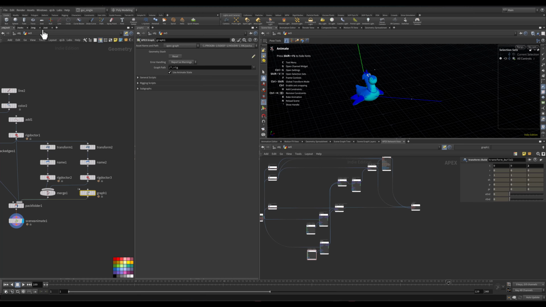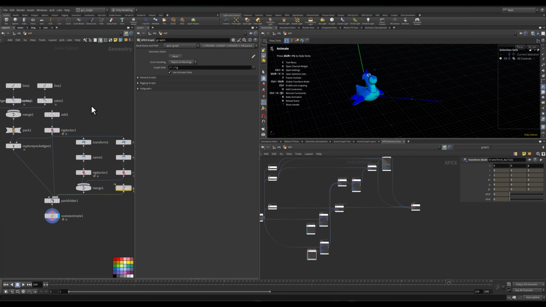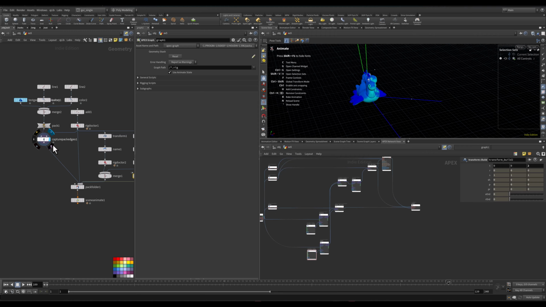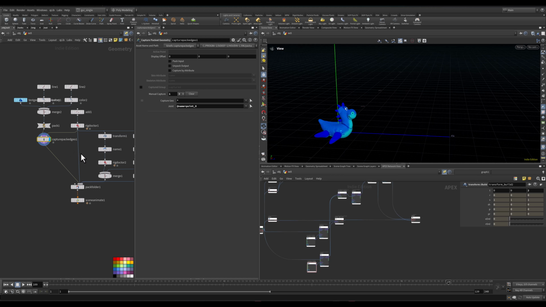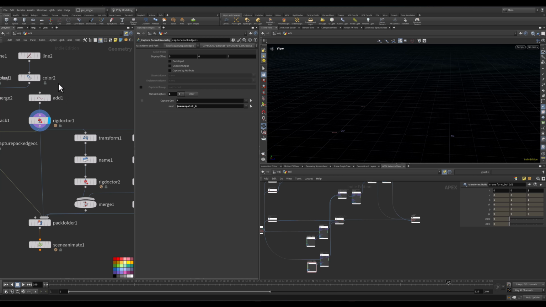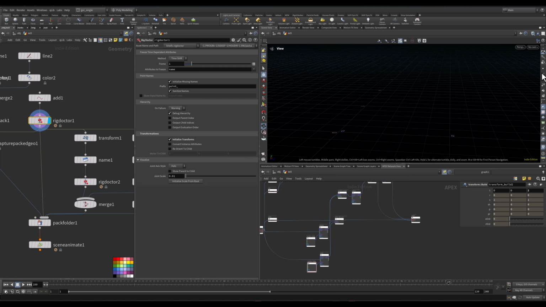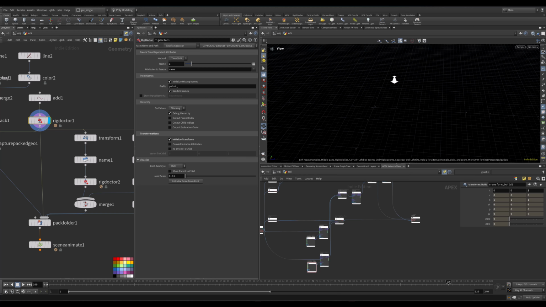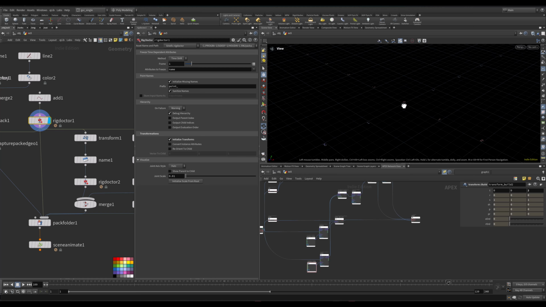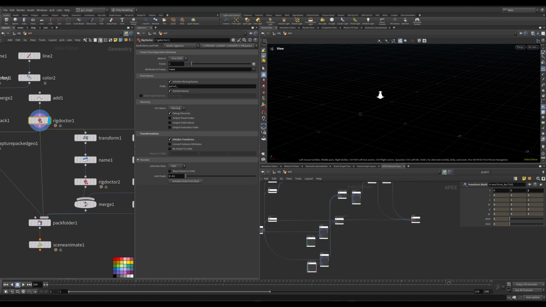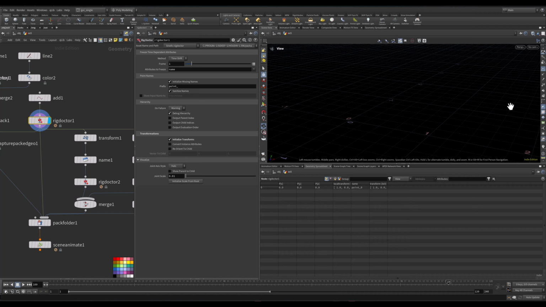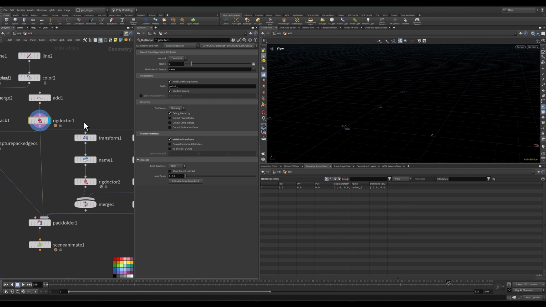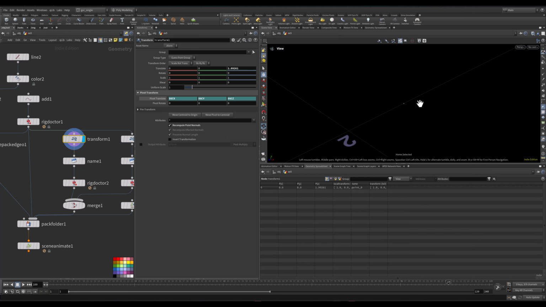So here we are in example 5. It's very simple, just this guy here, this point at the origin. Unfortunately, Houdini does not allow us to see the point, but it is there. And here I just transformed this point,